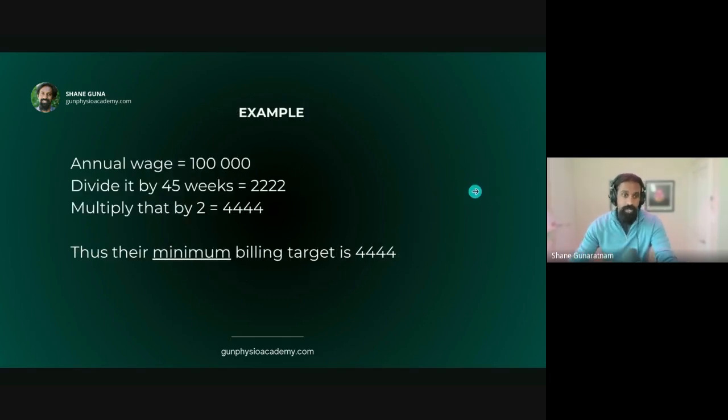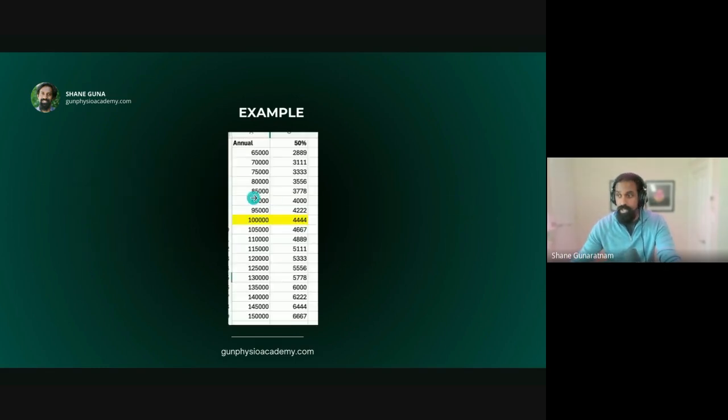Now, in my example here, if someone's on an annual wage of $100,000, we divide it by 45 weeks and multiply it by 2, we end up with 4,444. And that is the billing target as a minimum for someone who's on 100K inclusive of super. So that's something to bear in mind. And over here, we've got